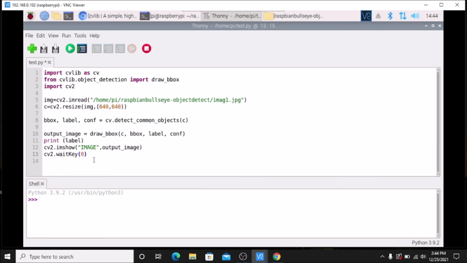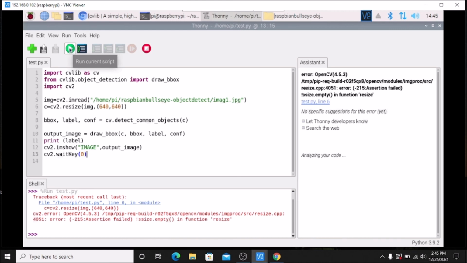That's it. Now I am going to save the script and run it. As you can see, there is an error. I mistyped the name, I forgot the e in image one.